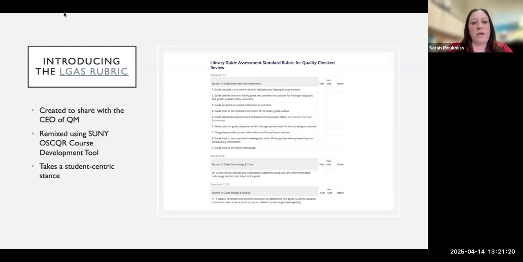I wanted to make sure I had a peer review process. So I not only built the tool that is freely available to access on the UNF Library homepage, but I